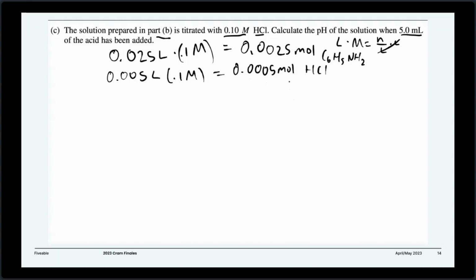Now, if you remember from past units, when we write this equation, which is C6H5NH2 plus HCl, and we're going both directions because this is a weak base, so we have to go both directions, and we're going to have C6H5NH3 and